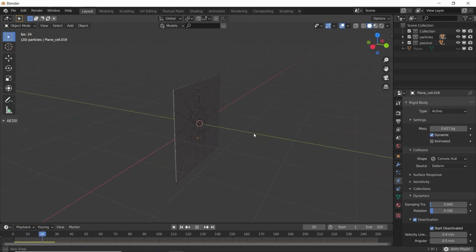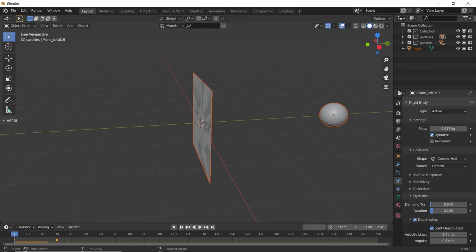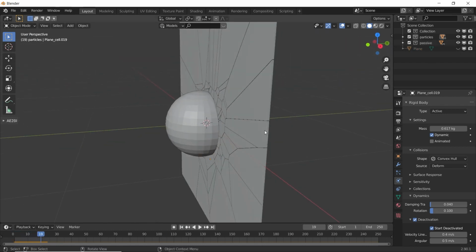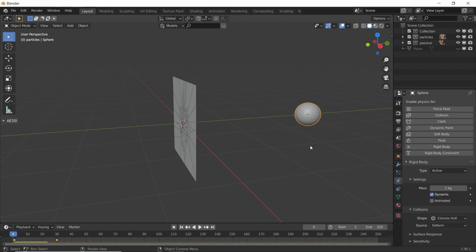Now if you play the animation, okay, let's bring the ball. Now if you play the animation, okay, it does nothing because this is not a rigid body. So select this sphere, go to physics properties, rigid body.